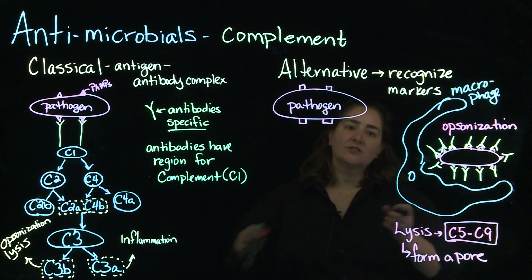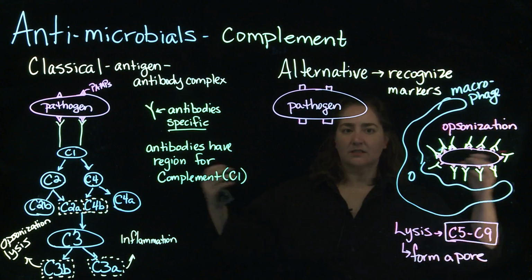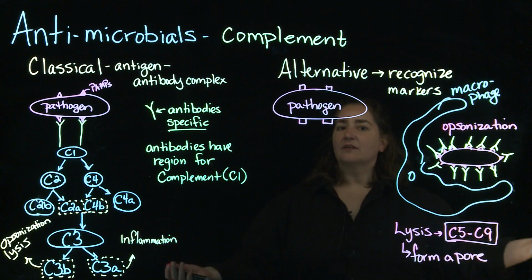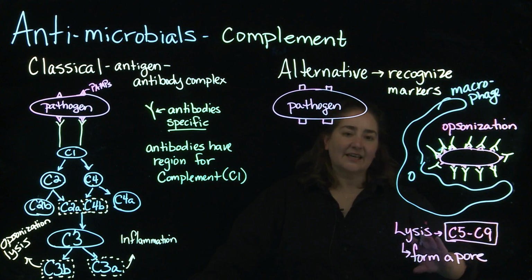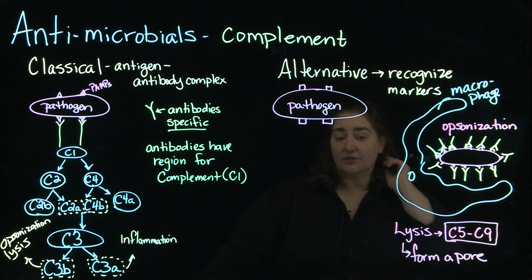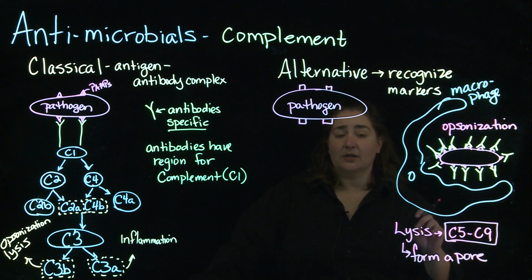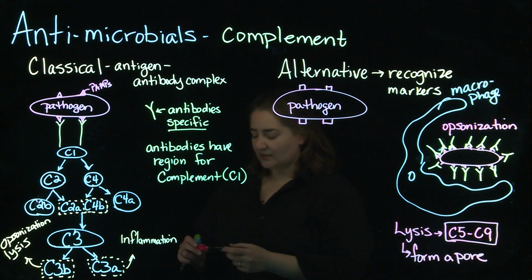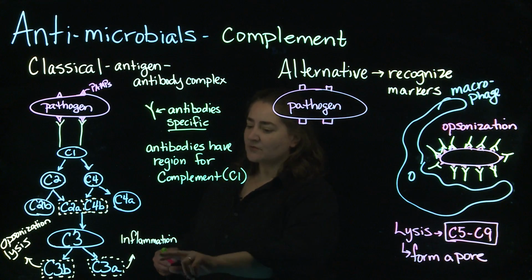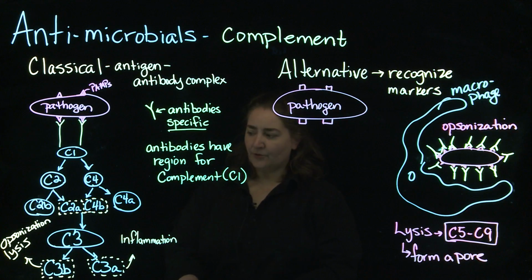When you poke holes, then the stuff that's inside the cell goes out. When the stuff leaks out of the cell, that's no longer compatible with life, okay? So in terms of that lysis, we're talking about a process very similar to what I was talking about with defensins, all right? So we've got opsonization, we've got lysis, and in terms of our third arm here,